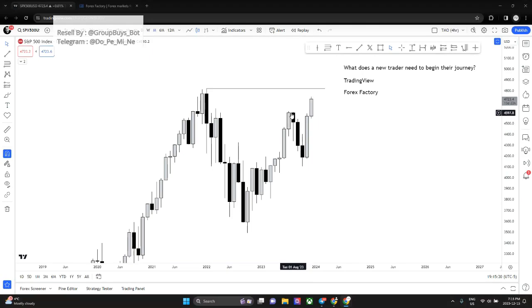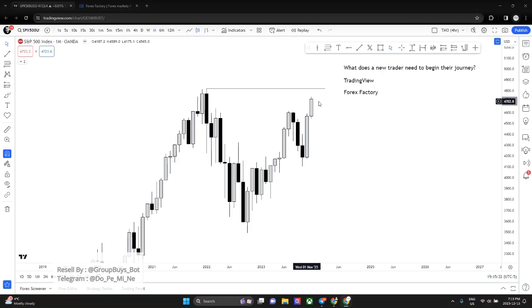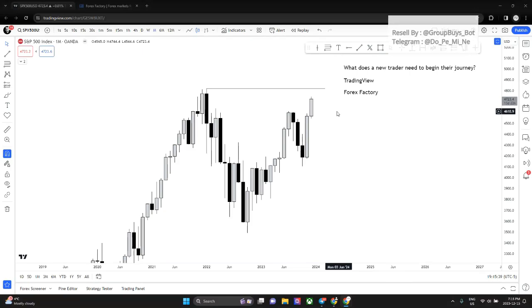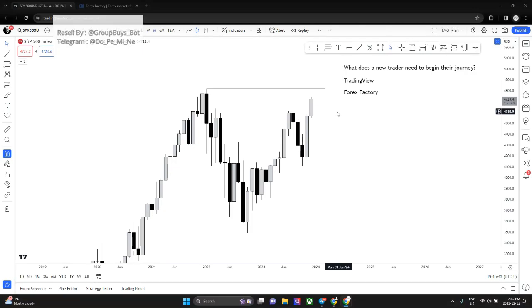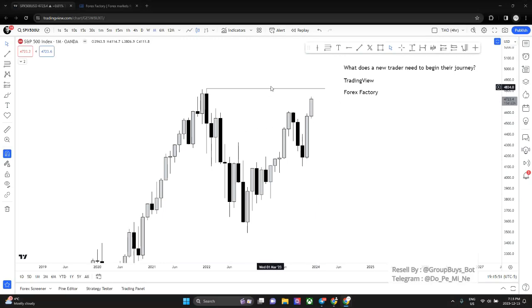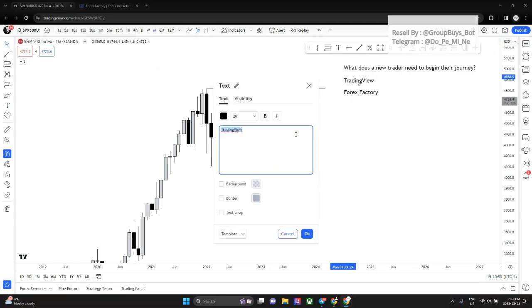Maybe around next month, I'll begin to introduce seasonal tendencies to those who are new. Some of you here are ICT chartered. I know that you know all of that stuff, but I'm pretty sure that you're not using it the right way. Okay, so if you're new, you need TradingView, Forex Factory, and if you can,